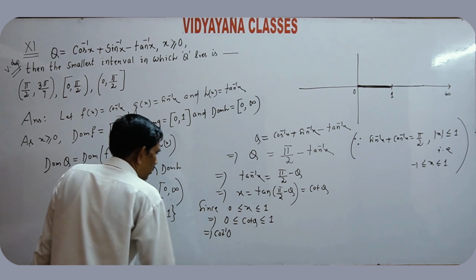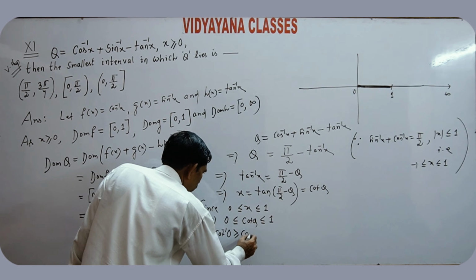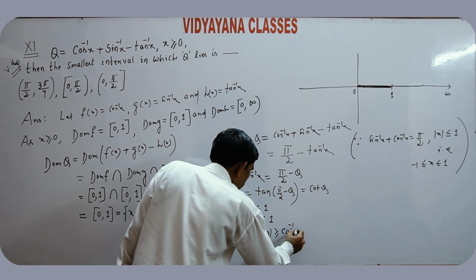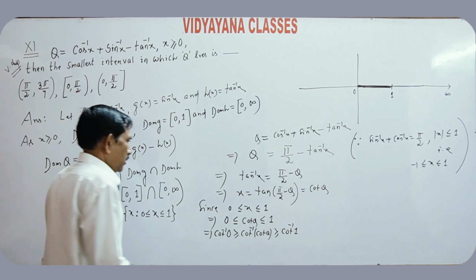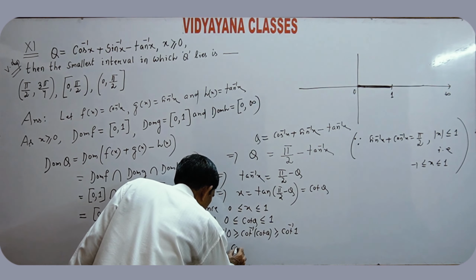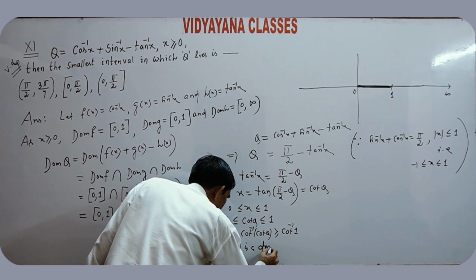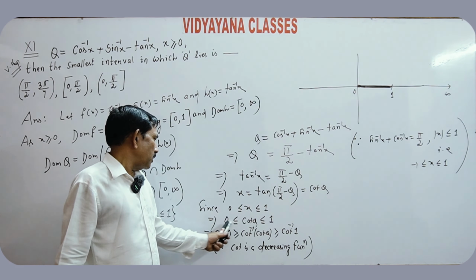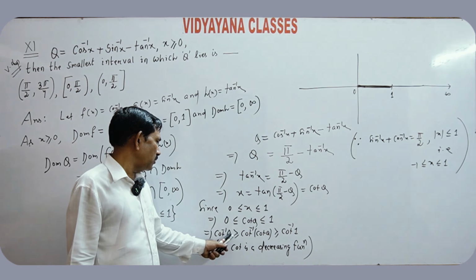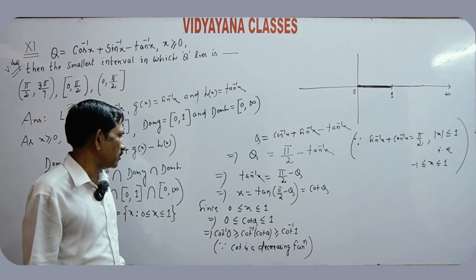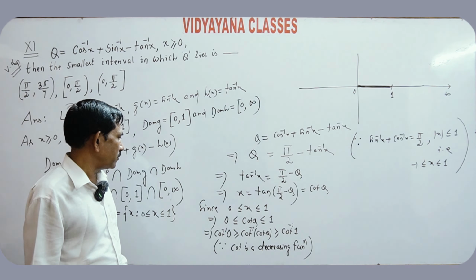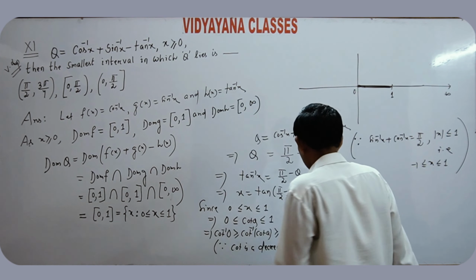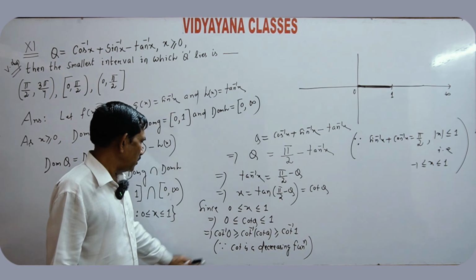Cot inverse 0 is greater than or equal to cot inverse cot theta, which is greater than or equal to cot inverse 1, since cot is a decreasing function. Cot theta is greater than or equal to 0 and less than or equal to 1, but cot inverse 0 is greater than cot inverse cot theta, which is greater than or equal to cot inverse 1, as cot is a decreasing function. Tan is increasing and cot is decreasing. When x is greater than or equal to 0 and less than or equal to 1,